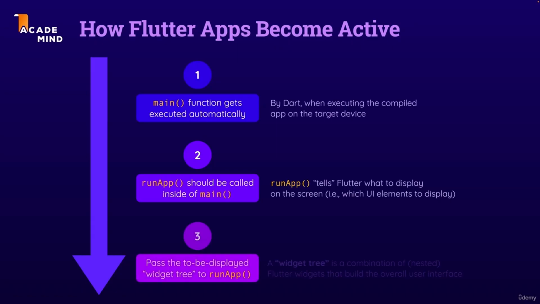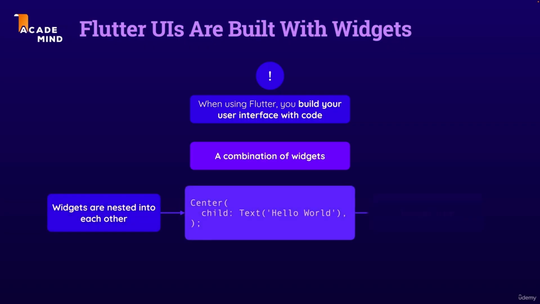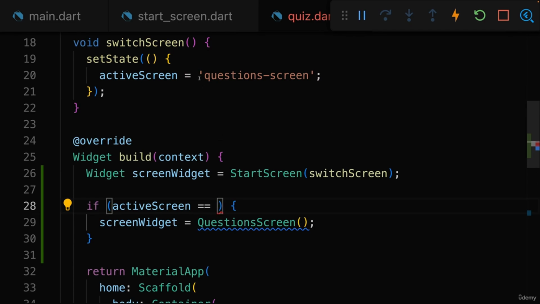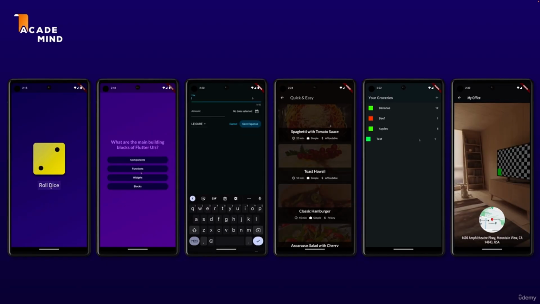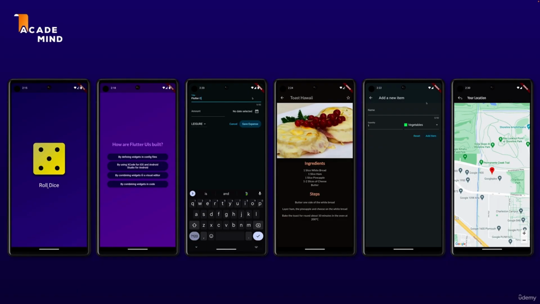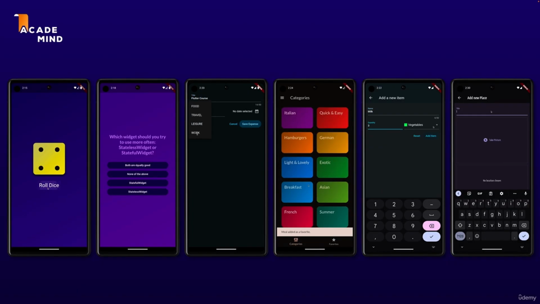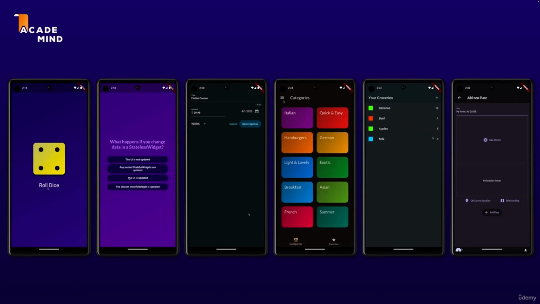Now, in this course, you will learn all the core concepts and features that you must know in order to work with Flutter. In addition, we're also going to dive into many more advanced features, and you're going to learn all these things by building multiple demo apps so that you don't just have the theory, but instead you learn all these things by applying them to concrete projects and by therefore also building a nice portfolio of demo apps. And therefore I'd say let's not wait any longer, let's dive right in and let's start with the most